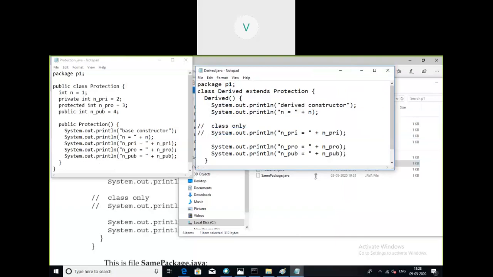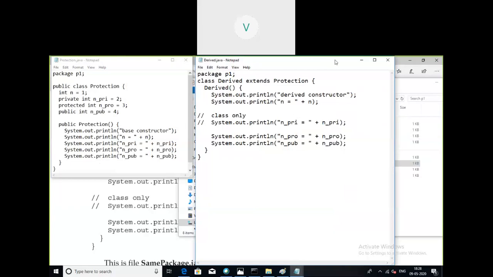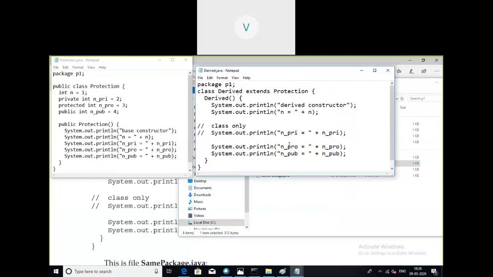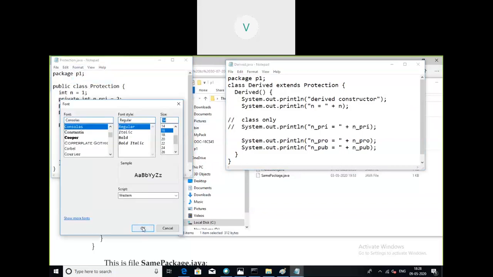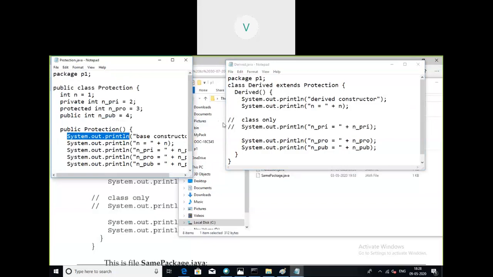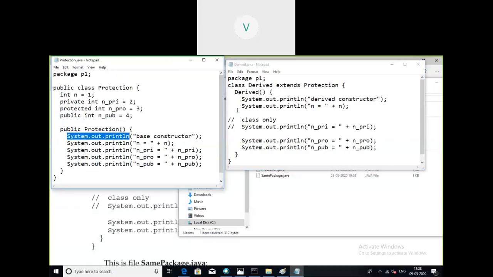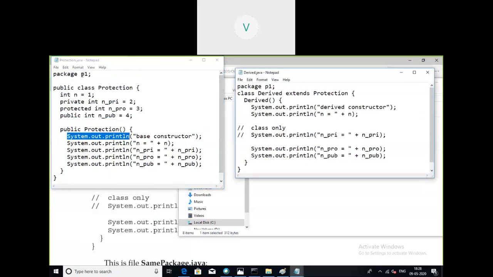That's why I'm reducing the font size. If the space is not sufficient, then later I'll try to reduce it. Okay, two source files I have created, protection.java and derived.java.